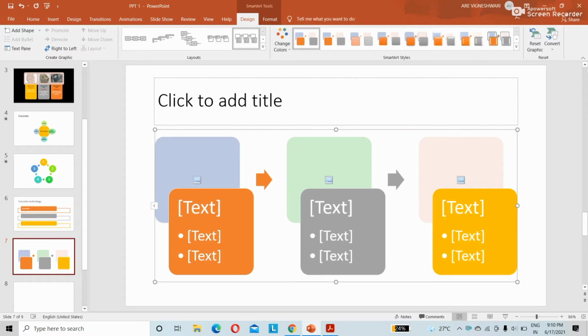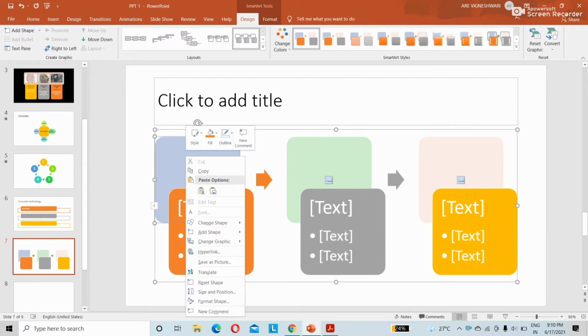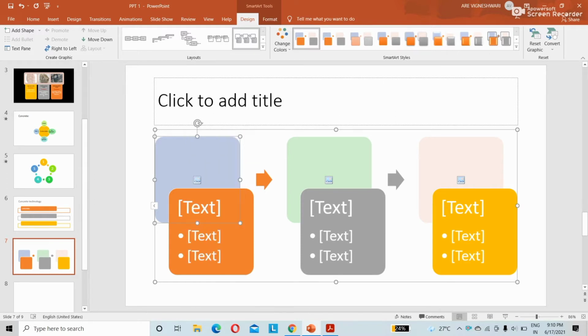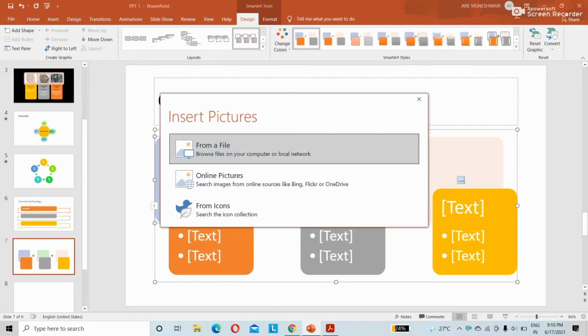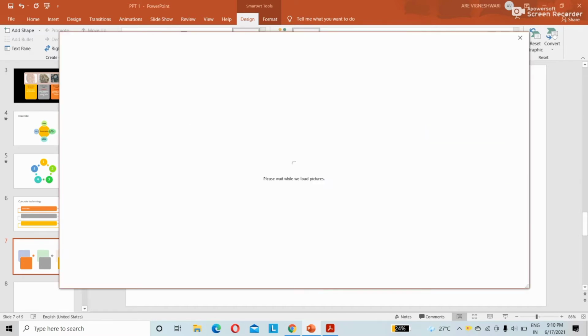You can insert a picture here and you can write text here. You can insert the pictures by clicking on the first one, and by clicking here you can insert pictures from a file or online. Right now I am selecting online pictures.